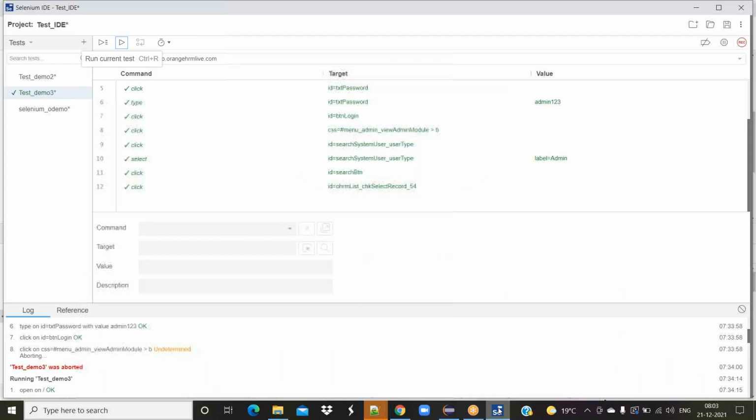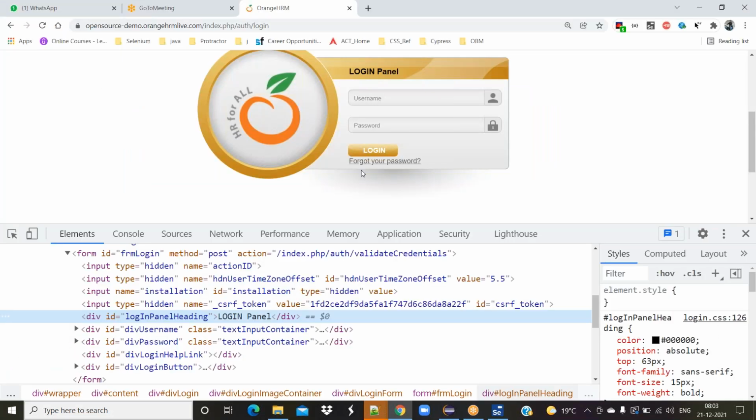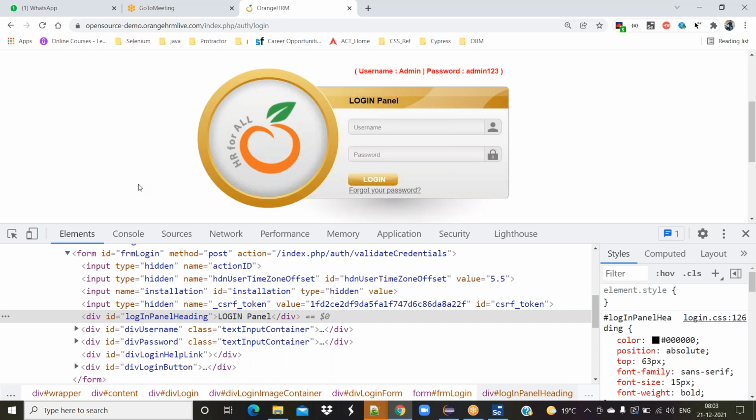See here, how Selenium uses ID equal to txt password, ID equal to search button. Like that, we use link text equal to a text, such as link text equal to login panel, link text equal to admin. Okay, thank you. Going forward, we will have a deep discussion on it.